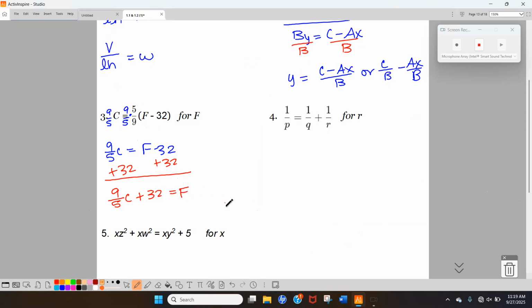All right, number four, we're trying to get R by itself. So we need to get it out of the denominator. So we're going to use the skill we learned with the rational